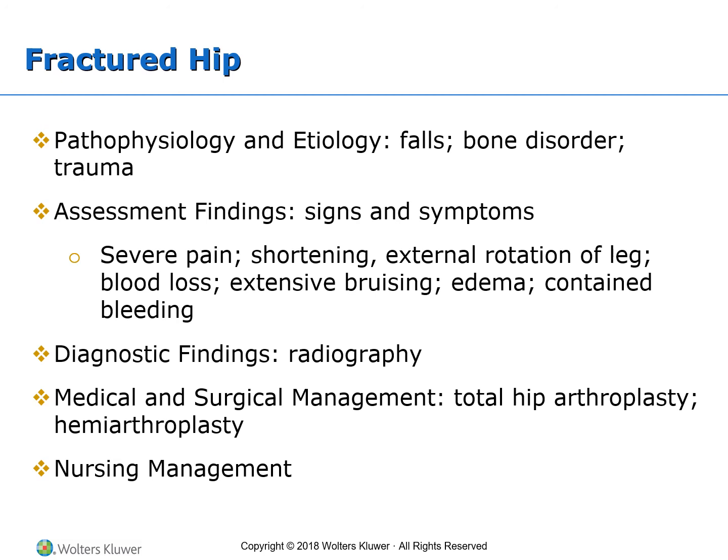Femoral neck fractures are intracapsular, so bleeding is more likely to be contained within the joint capsule. Radiographic studies reveal the exact location of the fracture, which may be within or outside the joint capsule. Intracapsular hip fractures are prone to non-union or avascular necrosis from the disrupted blood supply. Therefore, the fractured head and neck may be removed and replaced with a metal device such as an Austin Moore or Thompson prosthesis. This procedure is referred to as